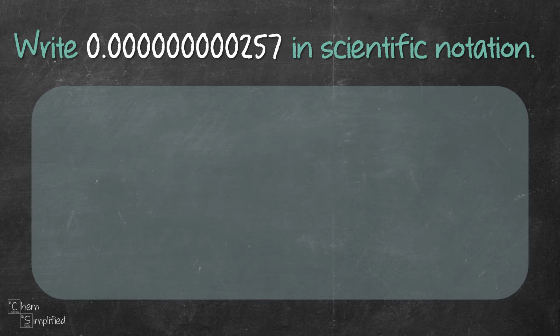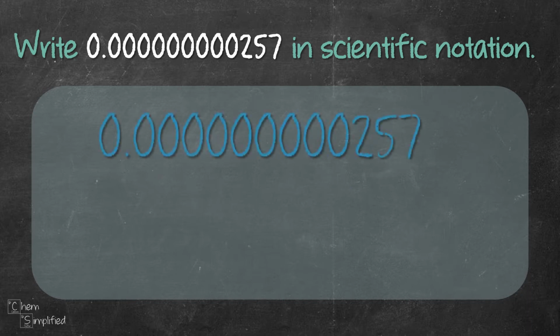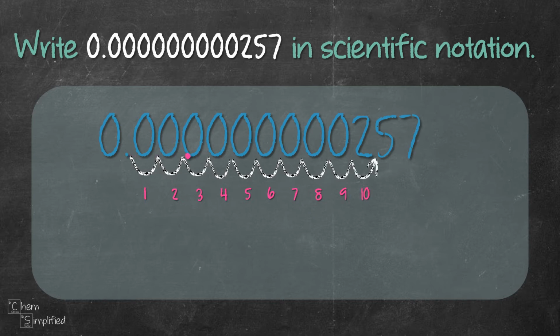Now let's try and convert this very small number into scientific notation. In the previous example, for a large number, we moved the decimal to the left because there were a lot of numbers in front of the decimal point, right? In this example, the decimal place is here. There are 9 zeros before the number 257, so we'll need to move the decimal to the right all the way until there's one digit before the decimal point, meaning we'll need to move it until right after the number